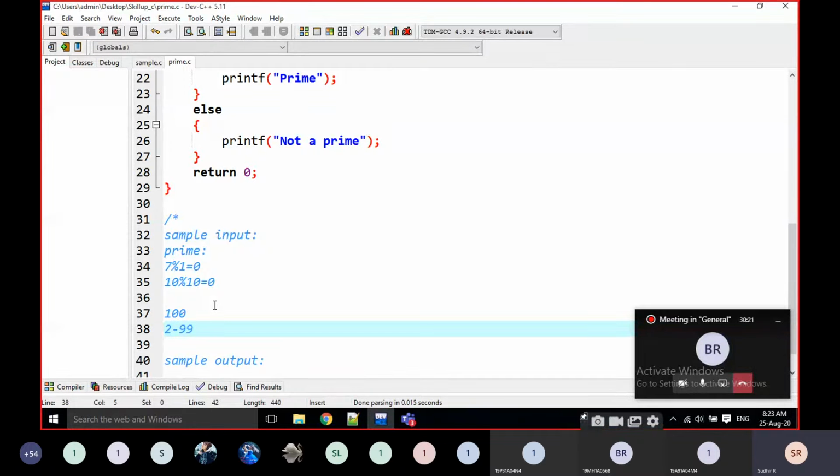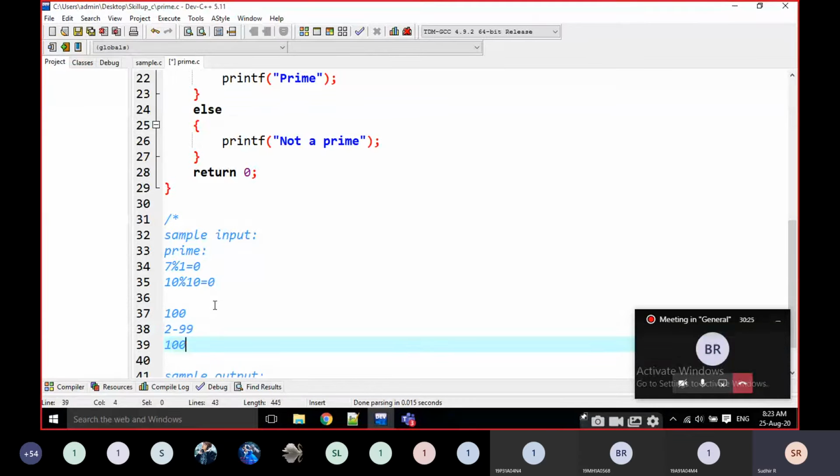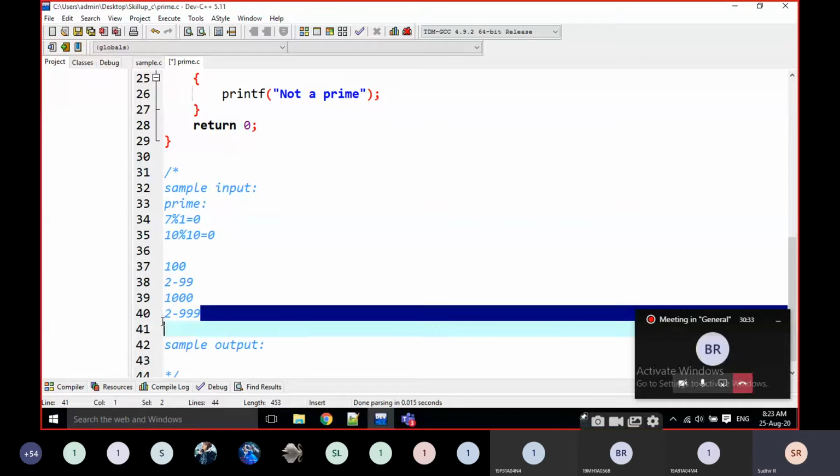That means nearly 98 times. If it is 1000, I am going to check 998 times, right? Every time we are going to check. If the number is big, we have to check all the times.